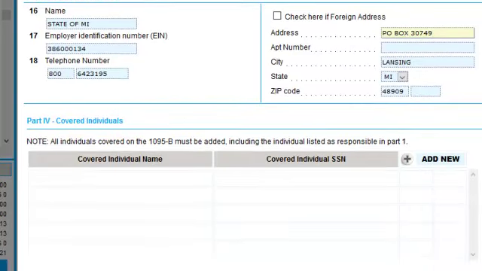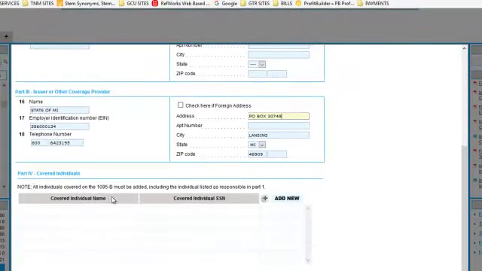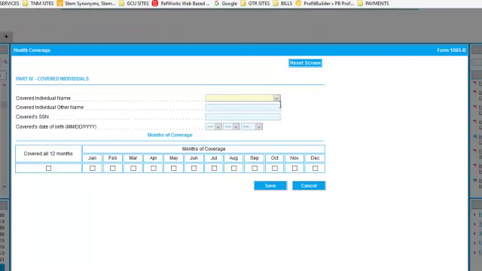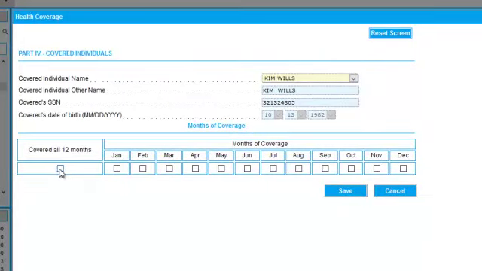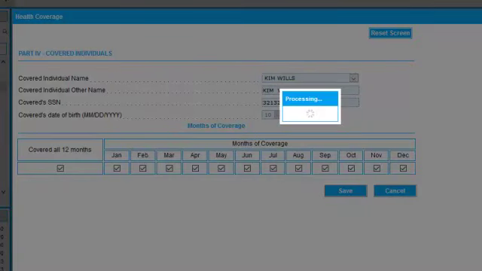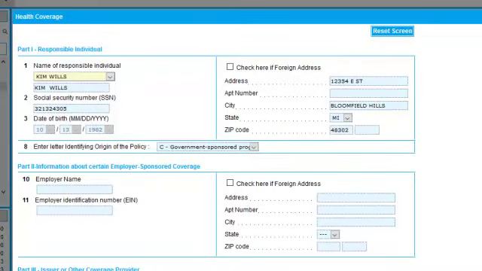Very good. Now we continue with putting the individual's coverage for 1095 has been added, included the information listed as responsible part 1. Add the plus sign. You click on the first name, which is Kim. It populates how many months she had coverage. Hit save. She is done. I didn't add any extra, but if we hadn't clicked that all 12 months before, it would have populated more